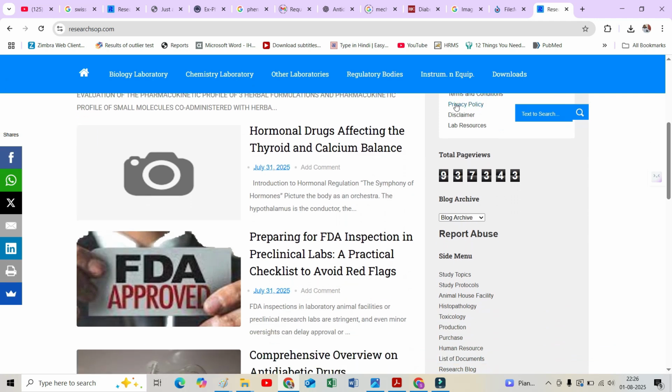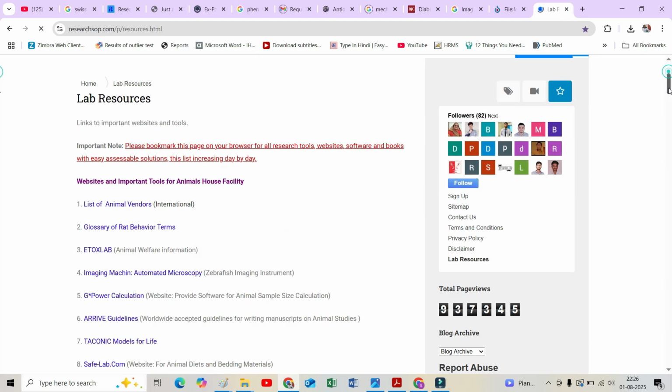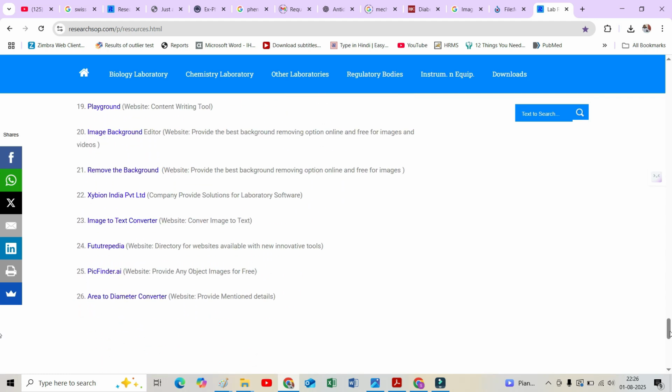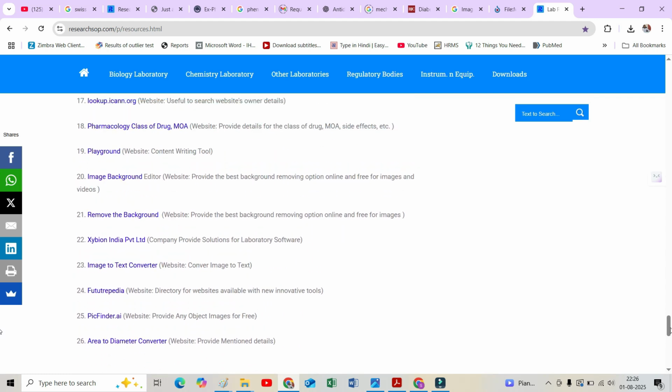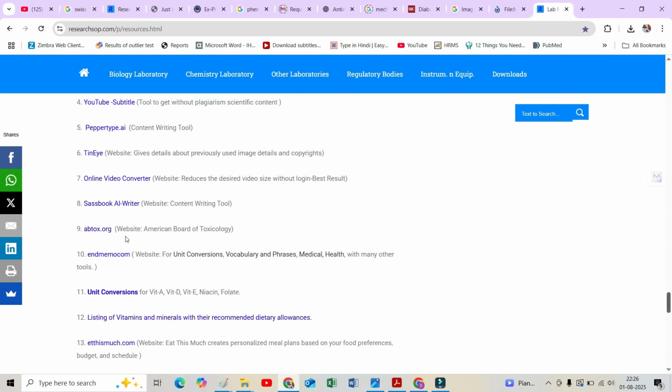Here you will find lab resources, that you have to click. Go to the bottom of this page. Here you will find the number 6 TNI, that you have to click,